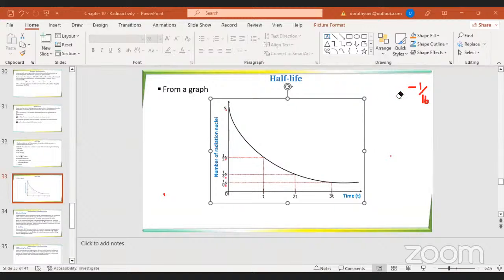I'll talk about the graph, how you determine the half-life from your graph. You divide the number of nuclides present initially, and then you,